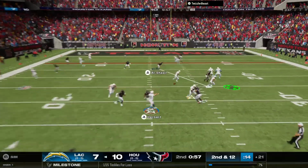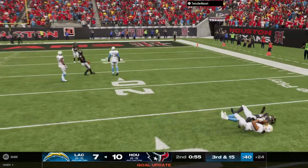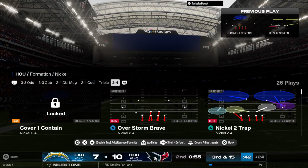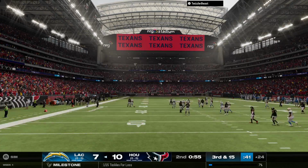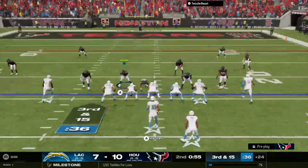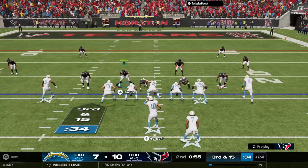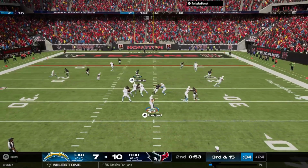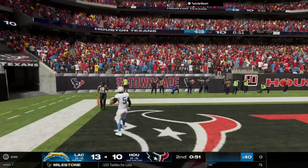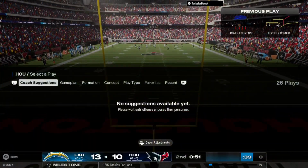Another try following the sack. Finds his target, Robinson. And they've got him behind the line for a big loss. And the Texans go in nickel coverage, 3rd down. Herbert with a blitz coming. Cut near the goal line. Touchdown,